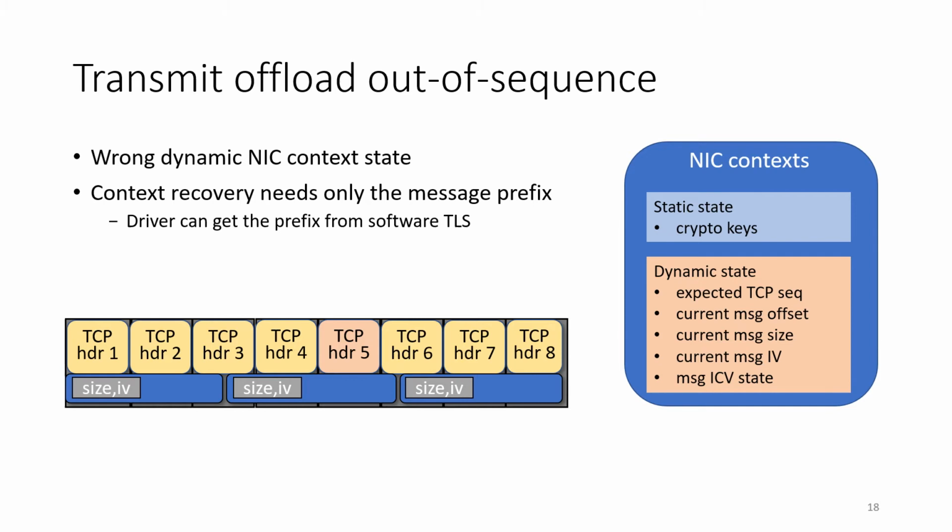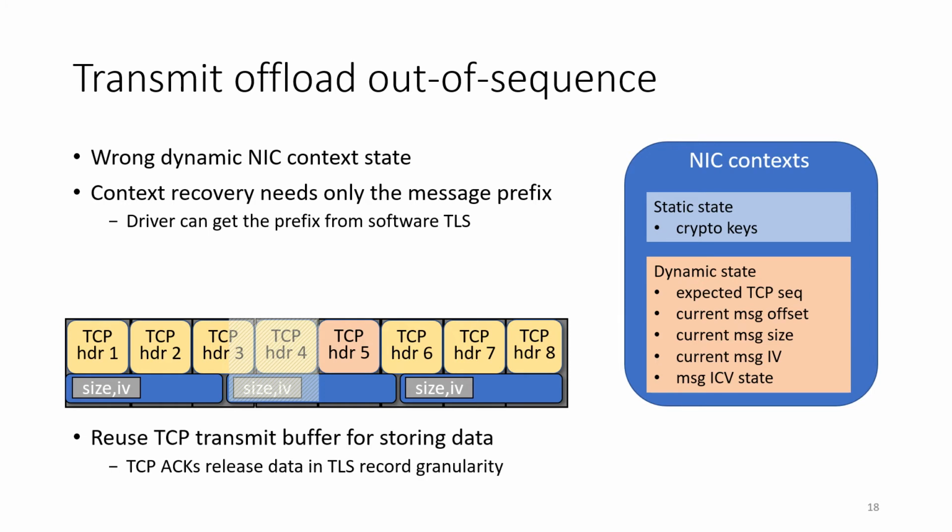To recover the context, the NIC driver needs to feed NIC hardware with the TLS record prefix of the retransmitted packet. For packet 5, it is the data of TLS record 2 that is within TCP packets 4 and 3. To obtain this data, the driver calls up to kernel TLS, which holds references on all TLS record data in the TCP transmit buffer, and maps this to TCP sequence numbers. In addition to serving NIC driver requests, kernel TLS record data references are also used to ensure that TCP releases data only when complete records are acknowledged, as otherwise data required for recovery may be released too soon.